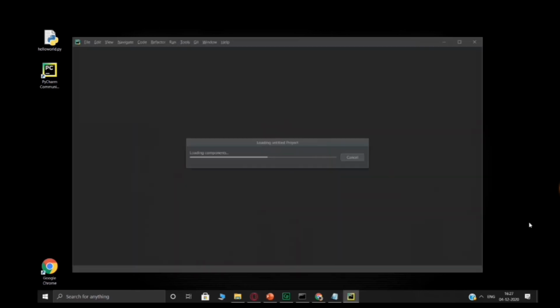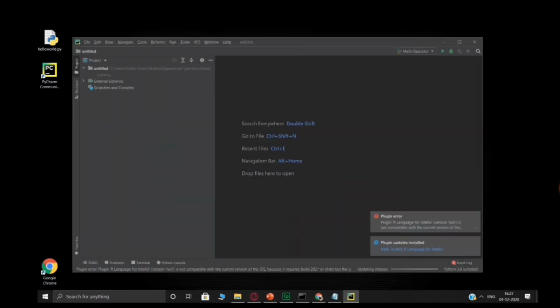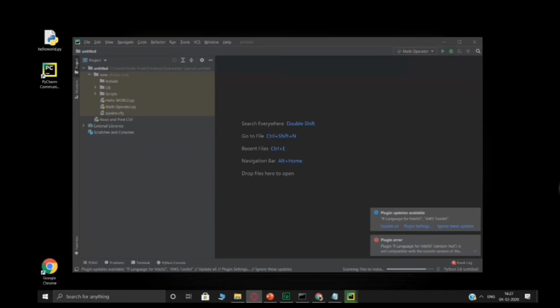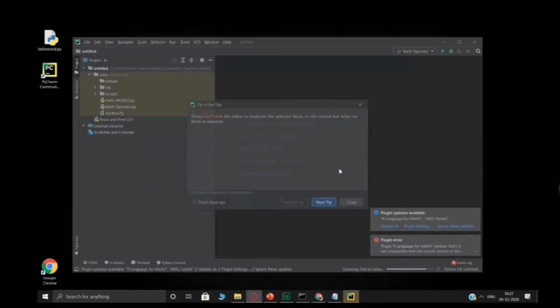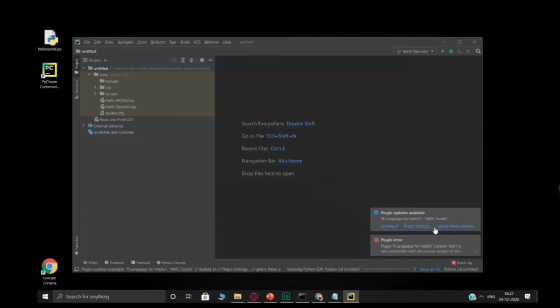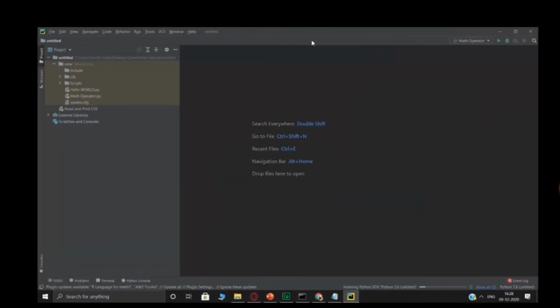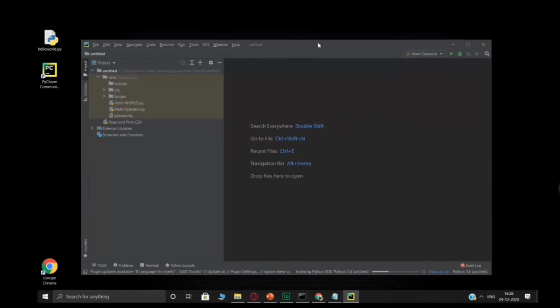And your PyCharm IDE will get open. So, like I was trying to explain to you what an IDE is. An IDE basically consists of everything in one place. The words integrated development environment basically mean that you can develop the entire thing in one single environment, where PyCharm is your environment.